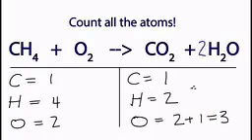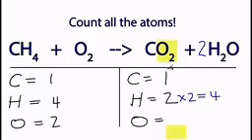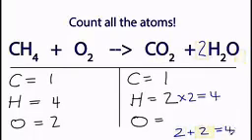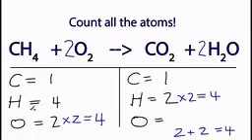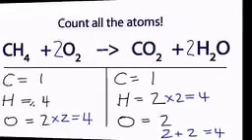So again we have to change only the value of coefficients. 2 into 2, 4. 2 plus 1, that is 2 into 2. Again 4 atoms. Now coefficient 2 is used. I am using 2 now on this side. 2 into 2, that is 4 atoms. Now all are balanced.